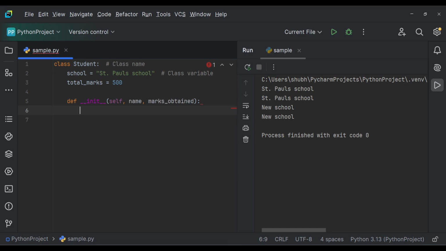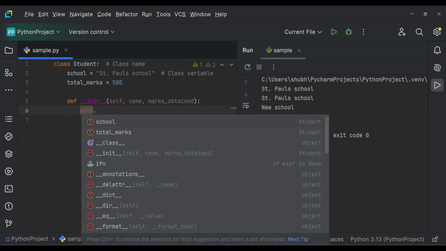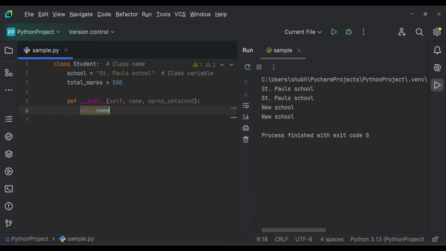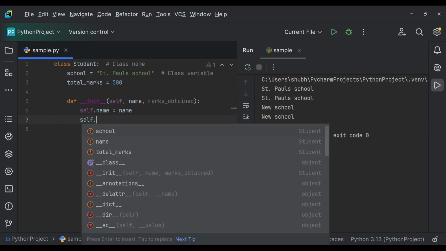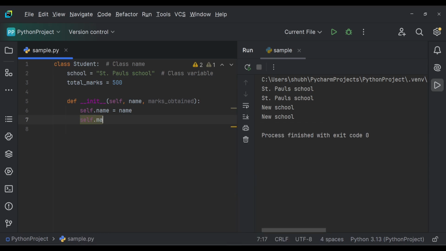and in the constructor, so what is self? So self means the object of this class for which the constructor is called. So in object or self, we will create a new variable or the class data member or the object data member. Self.name equals to the name which we are getting while creating the object of this class, and then another data member, marks obtained,